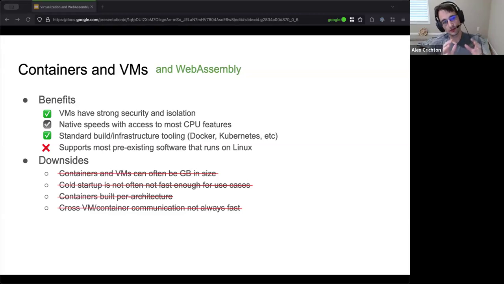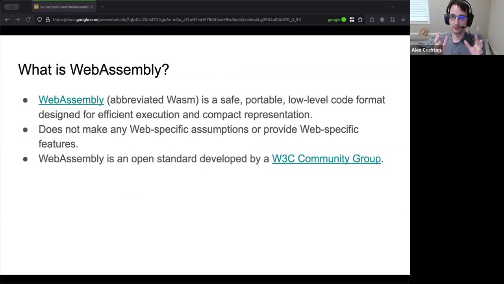But before I give you an idea of what this all is, I want to first give you a bit of an intro as to what WebAssembly is at all. So WebAssembly is, I'll use these words, a safe, portable, and low-level format. The idea is it's intended for the web, but it's not exclusively made for the web. Despite the name, it has seen a lot of growth and usage off the web, in this container and virtual machine space, or the outer browser use case space. That's at least where I personally primarily work on the WASM runtime.